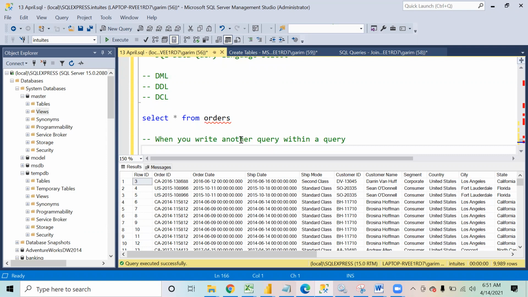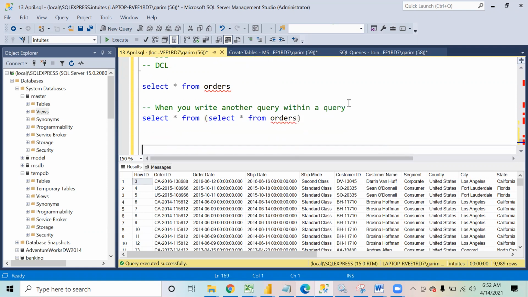Now in a subquery we have two queries. For example, if I write the above query as select star from, and over here I say select star from orders. You will see there are two queries written.